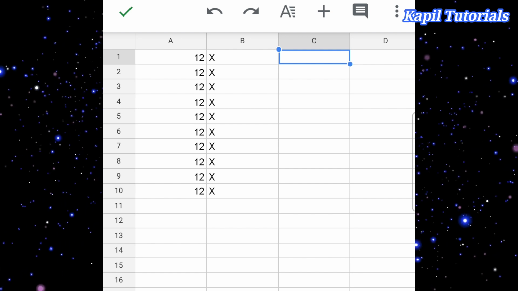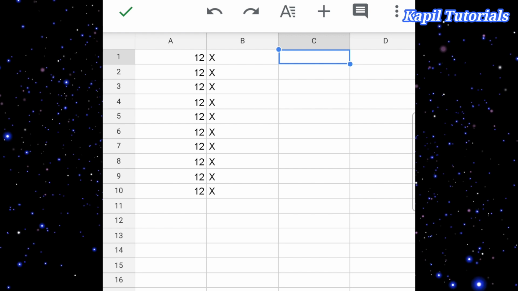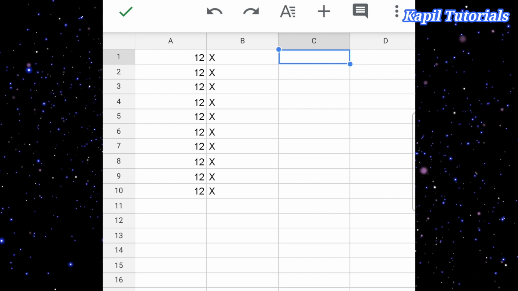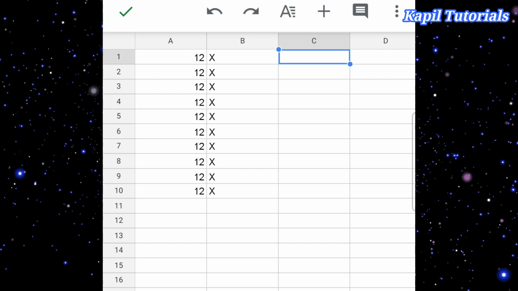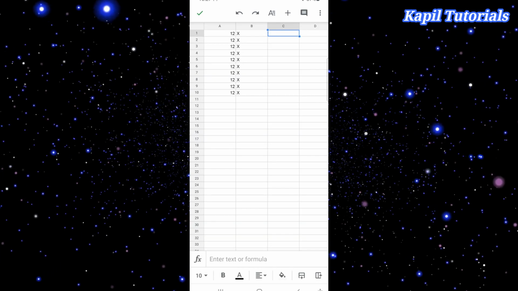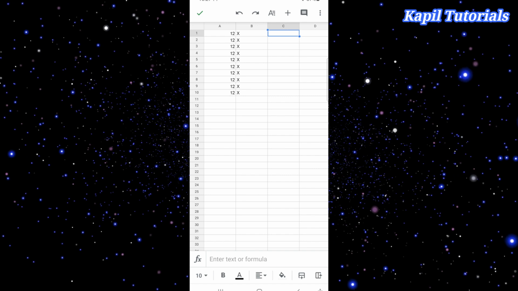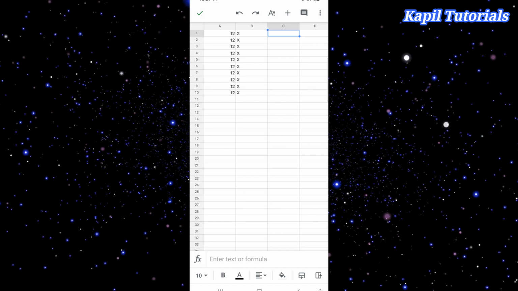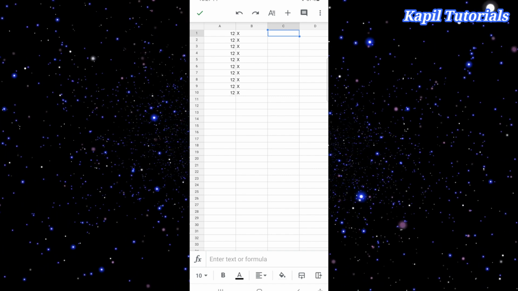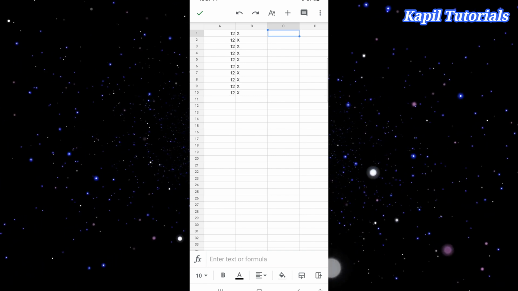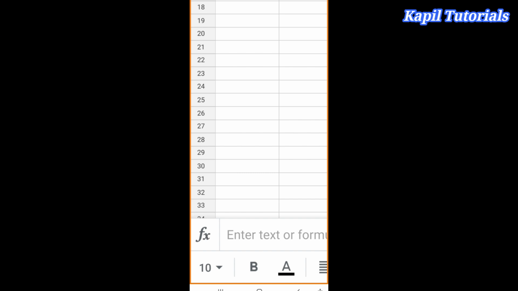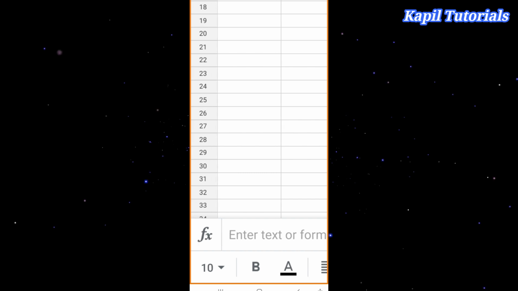Okay, is equal to assumes that we have to do some calculation, so it is not allowing us to put the is equal to sign. So how can we put it? We can put it by making the cell treat it like we are entering text. Text means ABC or something. For doing that, we have to put a colon, a single comma.